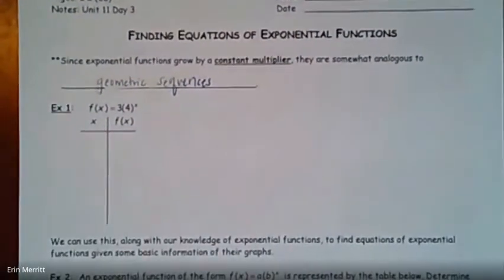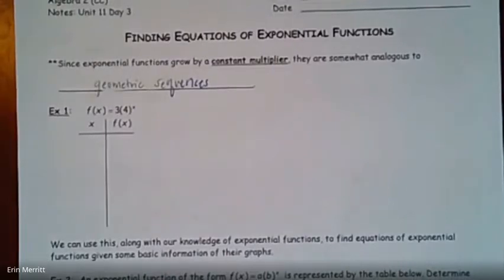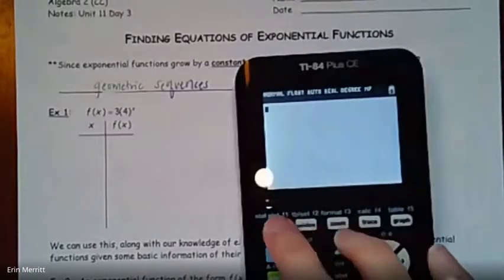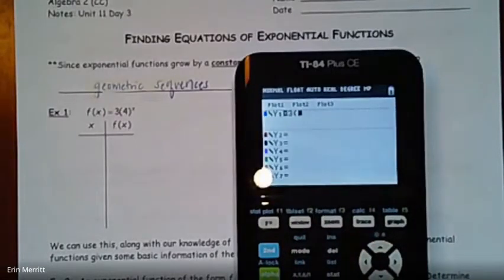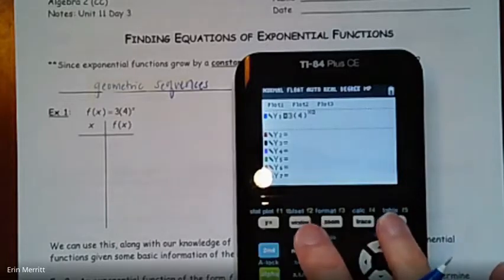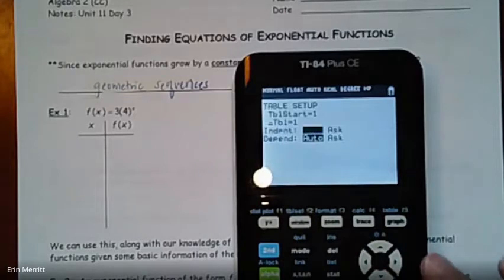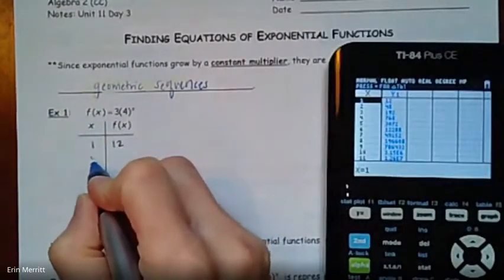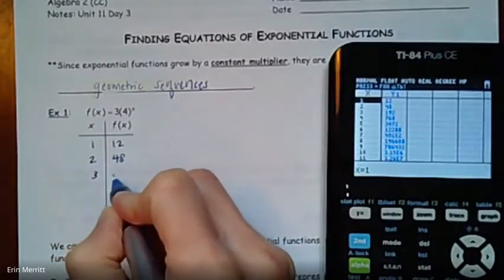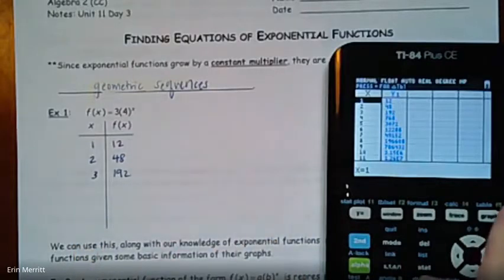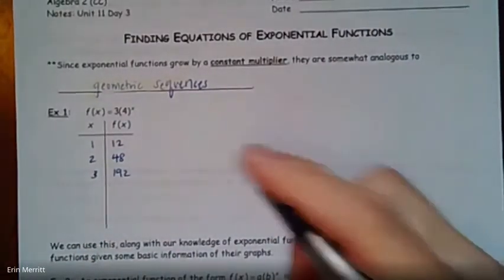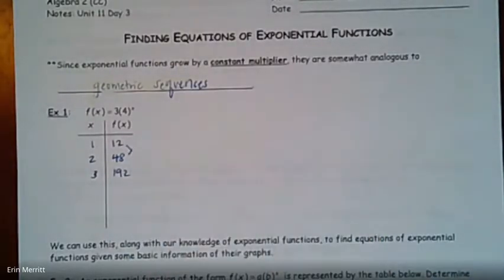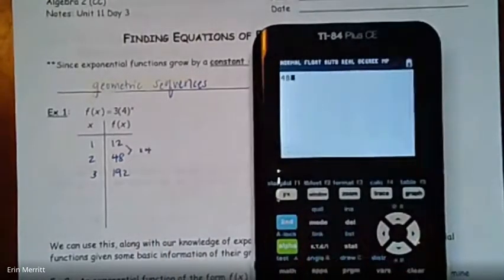And what we mean by that is, if we take this first function, if I go in here and do 3 times 4 raised to the x power, and I go to my table, at 1 it's 12, at 2 it's 48, and at 3 it's 192, and so on. So to get from 12 to 48, you have to multiply by 4. And then 48 times 4 is 192,